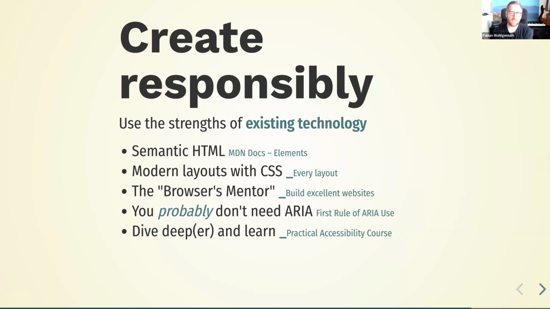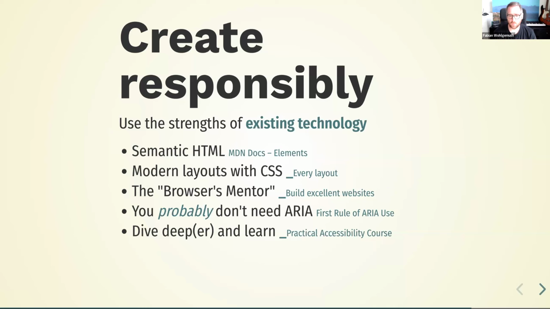Use the strength of existing technology. So semantic HTML, as I said before, is the basis. If there is an element, I'm just using the element. It is the easiest way. If I go into the styling part, there are a lot of modern advancements in recent years for CSS.